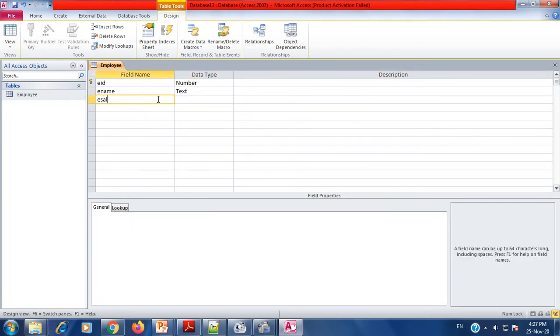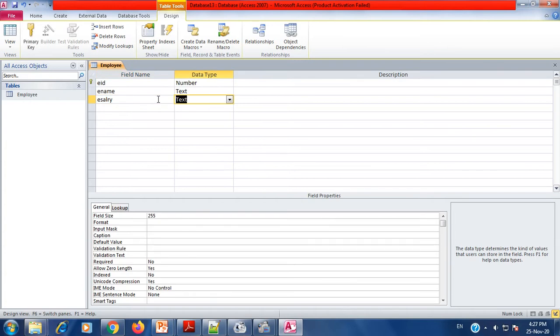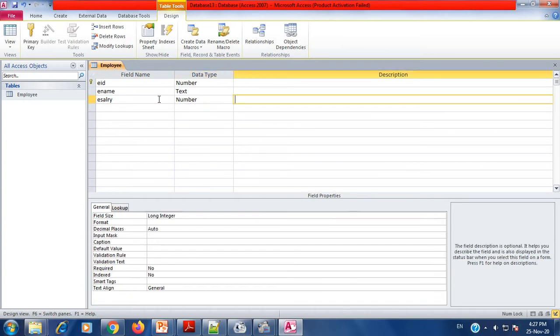The last one is employee salary, which is also numerical. So this is the employee table which I have created in the design view. It contains the fields employee ID, employee name and employee salary. Then I am closing this table.